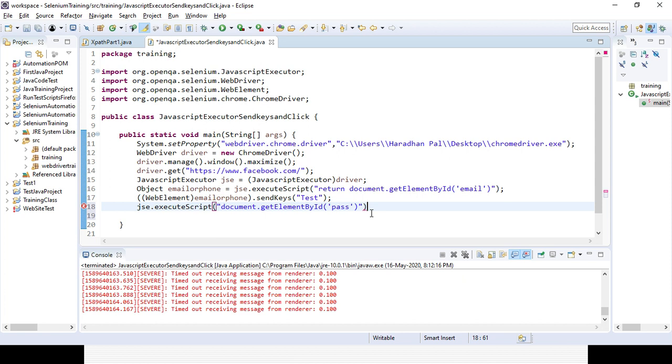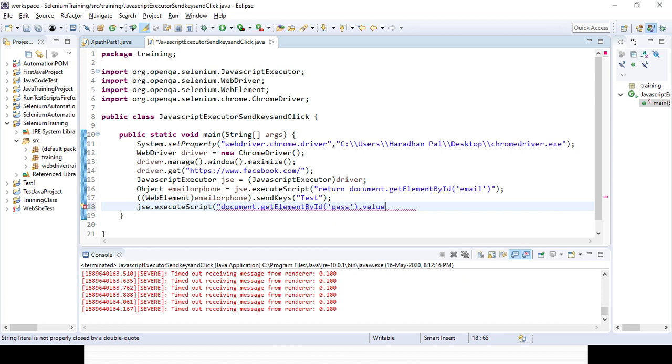Then here we need to enter the value: pass dot value. If you close everything, pass.value, here you need to give the value.